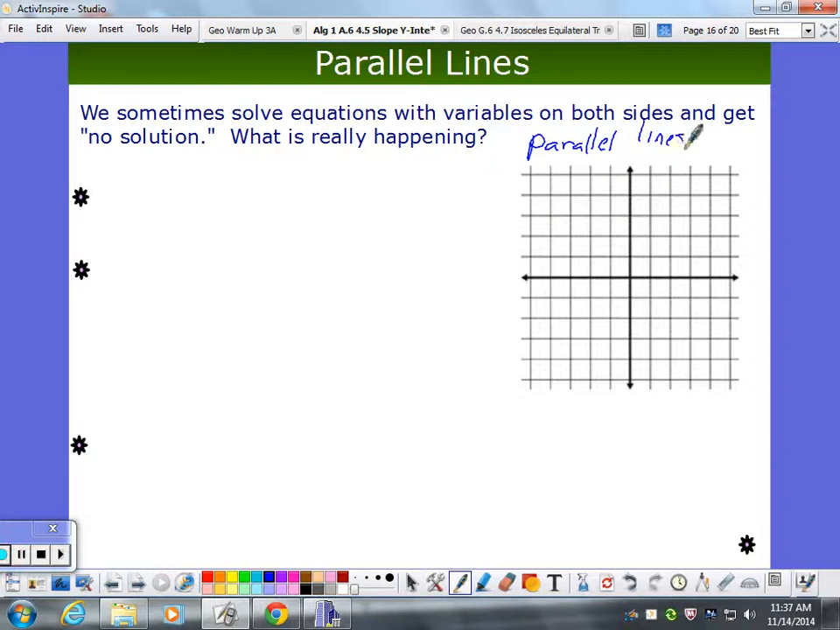Parallel lines, same slope. So if you want to try the questions that ask about parallel lines, they have the same slope. But we will